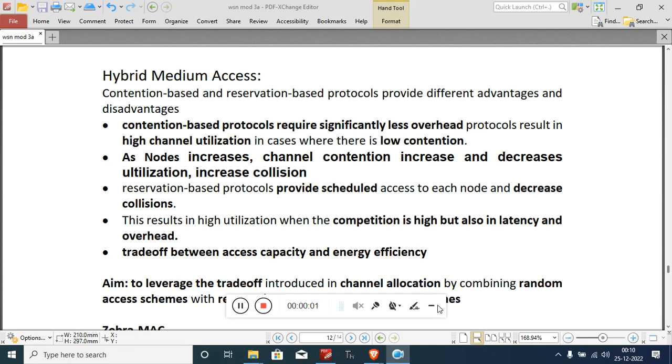Hello everyone, in this tutorial I will take you through hybrid medium access. As the name itself indicates, hybrid medium access should make use of two or more protocols, and that is the advantage of using two or more protocols. Here it makes use of both contention based as well as reservation based protocols,